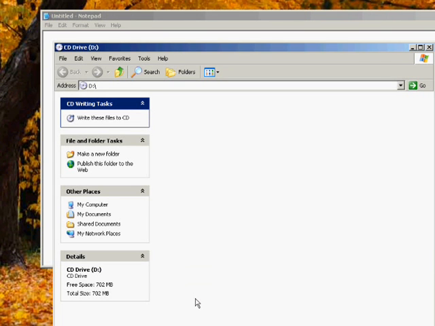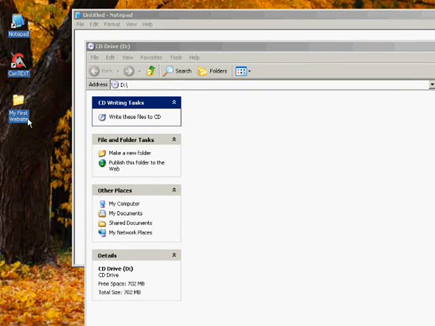To begin, we have our folder on our desktop that we created in our previous tutorial, my first website, and I've already got a blank CD disk in the DVD drive. And